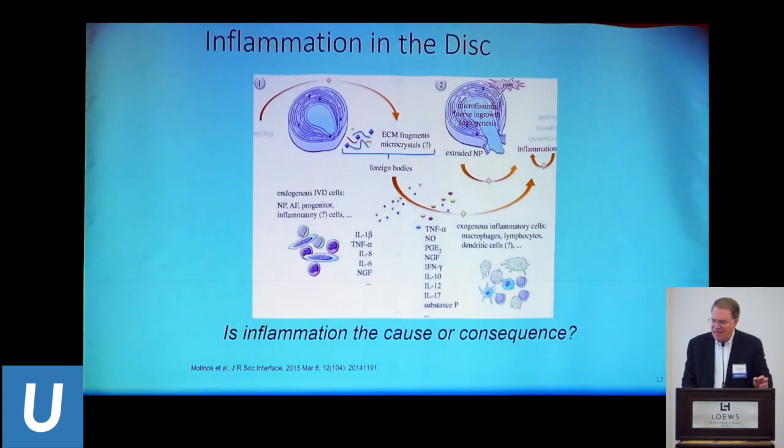And so as the ECM breaks down into fragments of collagen and fragments of aggrecan, there is an inflammatory reaction to this, and there's an upregulation of various inflammatory cytokines. The major one is TNF-alpha, but there are a whole host of them that get upregulated, as you can see from this slide. And so we know that the disc, as it degenerates, has a component of inflammation, and that inflammation may be a reason for why some patients have pain with degenerated discs that are seen radiographically,